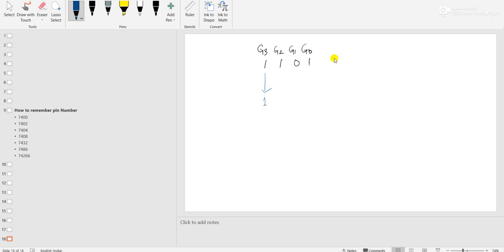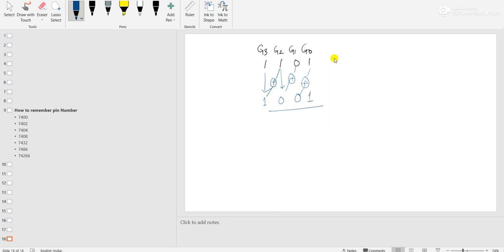Now we have to apply the XOR gate in a cross way. Earlier we converted binary code into gray code by taking simple side by side XOR gate operations. But here we have to take the XOR gate operation between these two bits in a cross way manner. According to XOR gate, if both bits are the same, 1 1, then the output will be 0. Again, XOR between 0 0 is equal to 0, and then XOR between 0 1 is equal to 1.